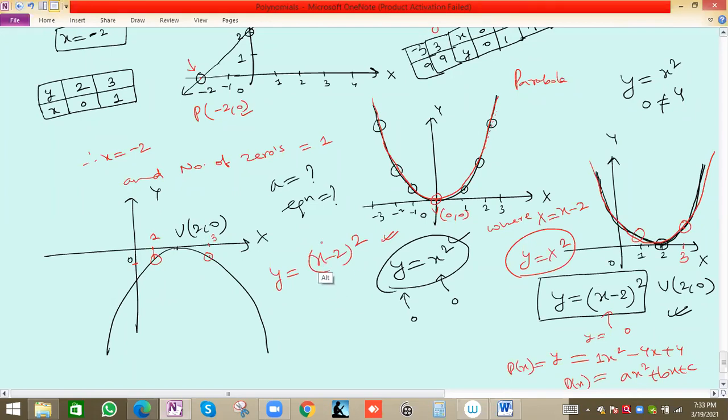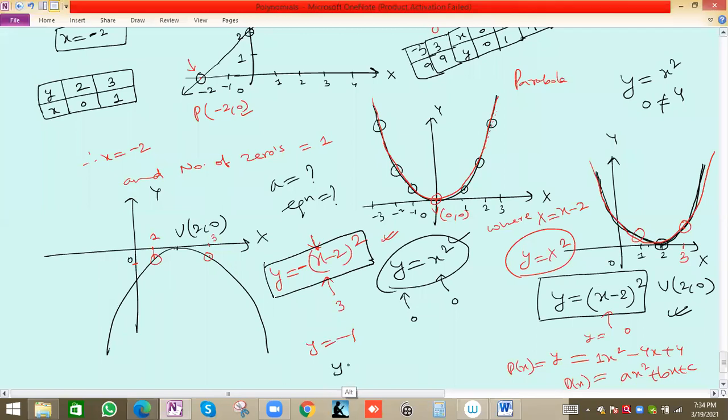So if you take one value here, 1 minus 2 is -1, -1 squared is 1. But we are getting here -1, so we will put a minus sign. If you take 3 in place of x, 3 minus 2 is 1, 1 squared is 1, and then the minus is there, so -1 basically. Y value you get -1. So we'll just put a minus sign before this equation, and this will be correct. So y equal to minus of (x minus 2) square is the equation, because it's opening in the downward direction. So just put a minus sign, and everything else is correct.